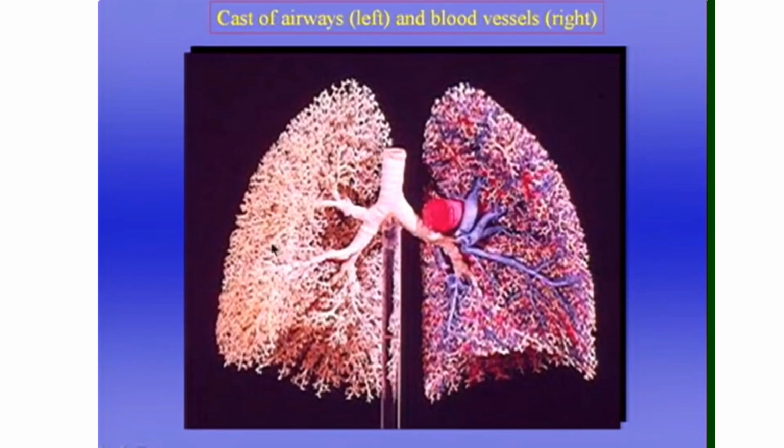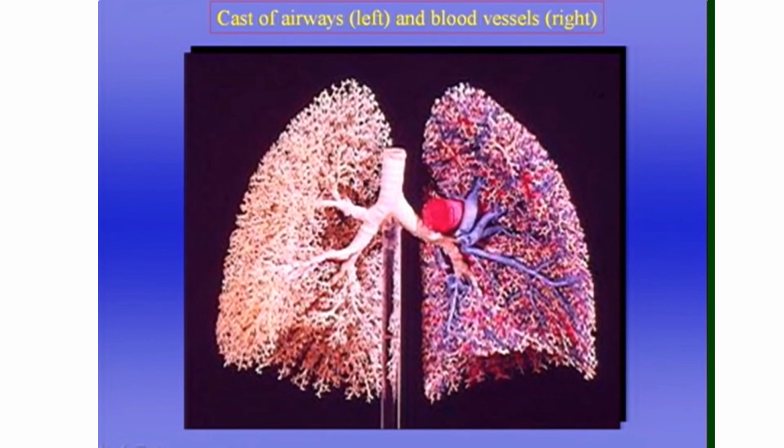So we've been talking about the airways. Now I want to switch and talk about the blood vessels. And here's a beautiful picture showing a cast of the airways on this side, this is the right lung here, and the cast of the blood vessels on this side here. And the blood vessels in this particular cast, the pulmonary artery is shown in red here. That's what he chose to use for the color of the pulmonary artery, and you can see the pulmonary veins